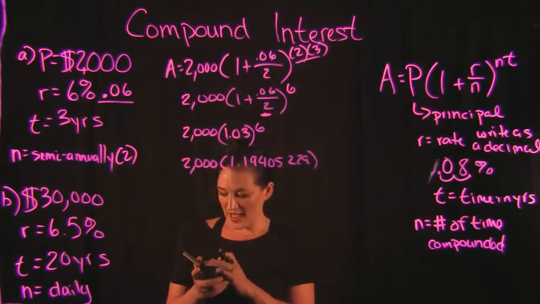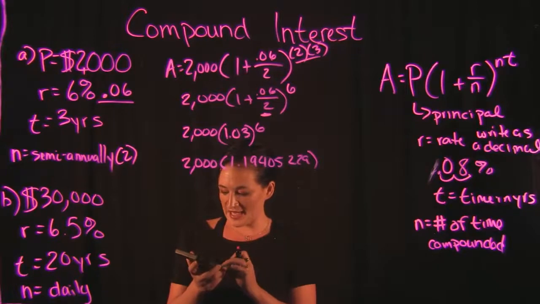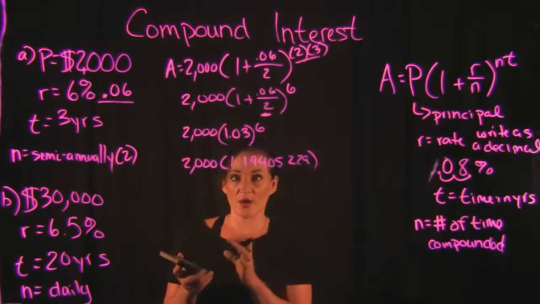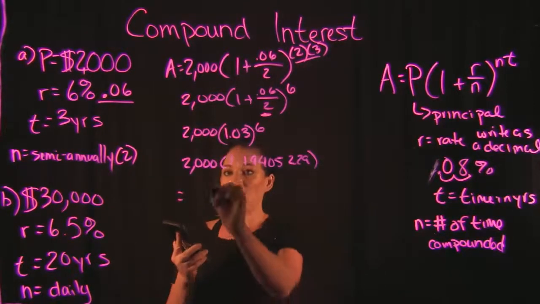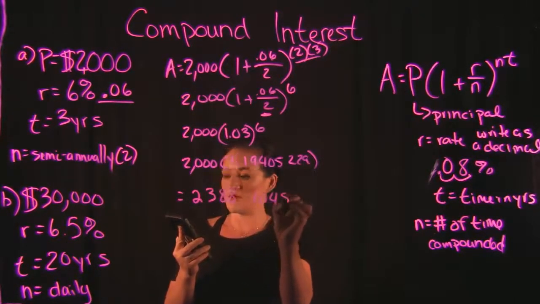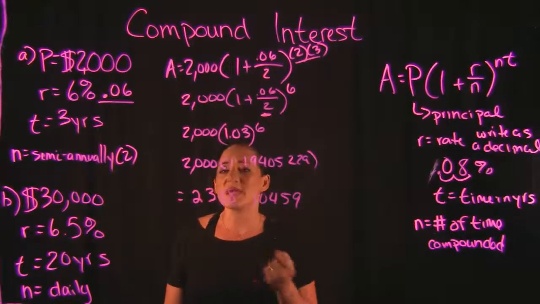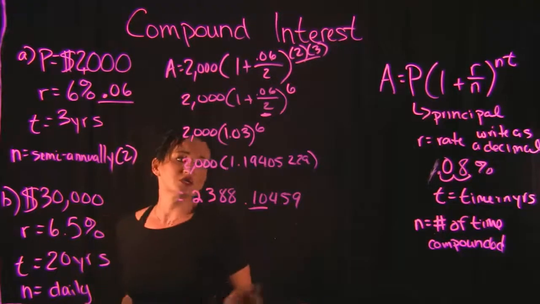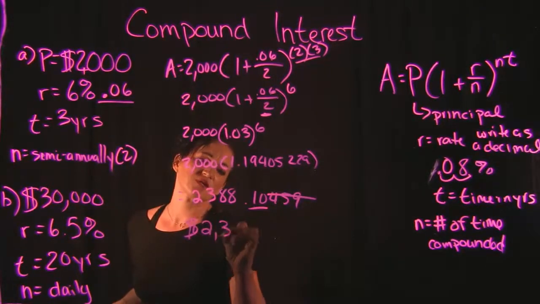So after that, we need to multiply it times the 2,000 here in front, right? So when we do that, let's see what we get. I am getting 2,388.10459 as my decimal here when you type that into the calculator. Because this is talking about money, we want to round to 2 decimal places. So that's going to round down, giving us a value of